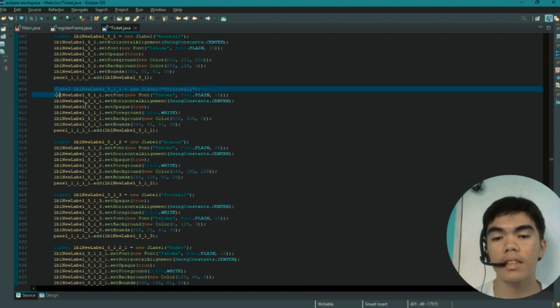So next is this JLabel, which has a string name Volleyball, and set the font to new Font Tahoma, plain, and size 15, and set the horizontal alignment to center, and set the foreground color to white, set the background new Color, and set the bounds to 268, 82, 81, 28, and add it to our panel.